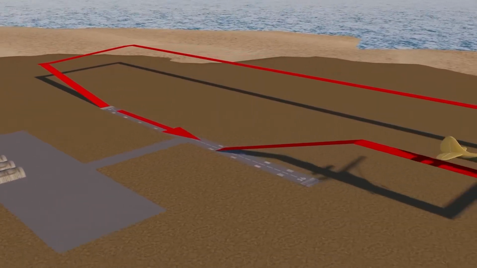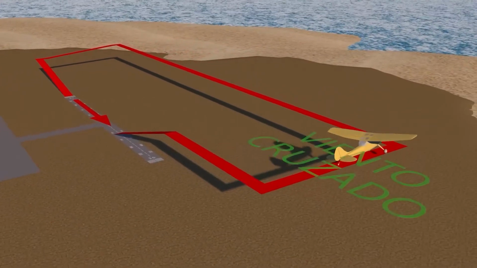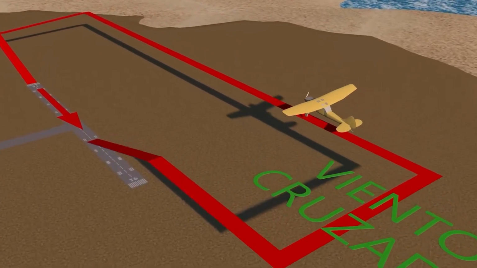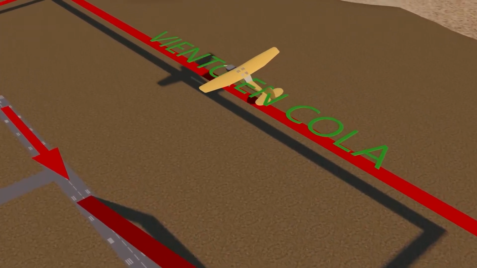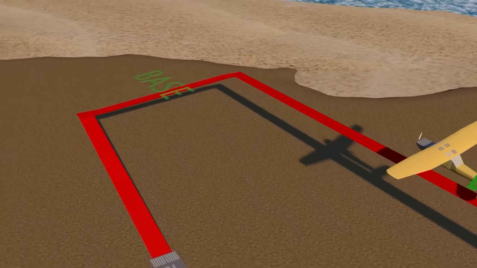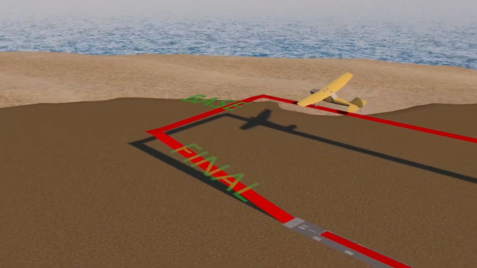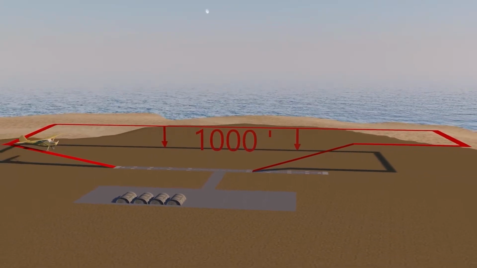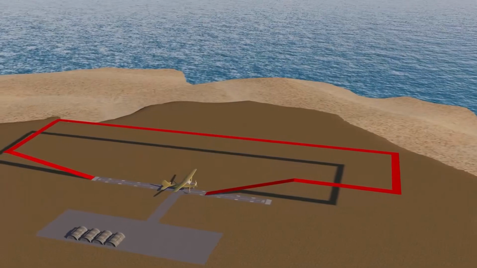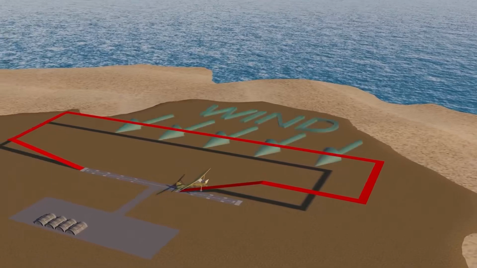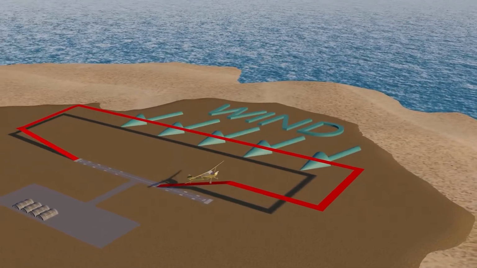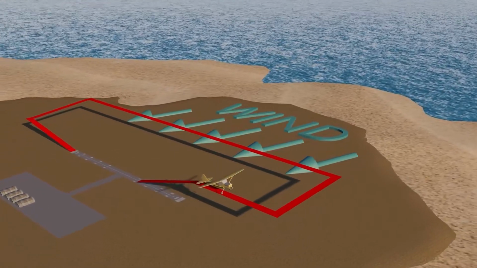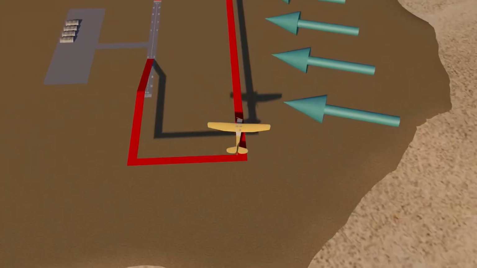We'll call this section here the crosswind leg, and this one here, which is opposite to the runway, the downwind leg. We'll call this section the base leg, and this last one the final leg. This landing pattern is usually flown at about 1,000 feet above the ground. Issues occur when using the runway in this direction with a strong wind blowing from here, causing several problems during the downwind leg. It will make us go faster and also bring us closer to the runway, which will change